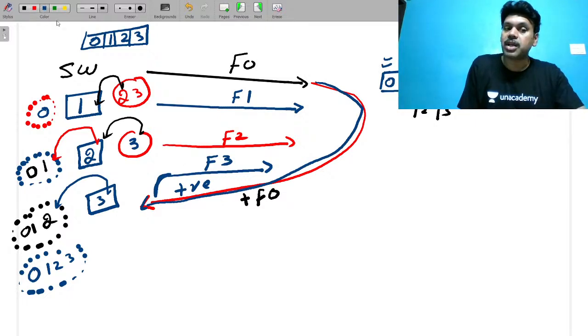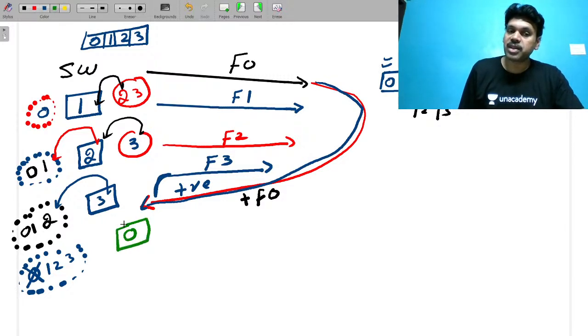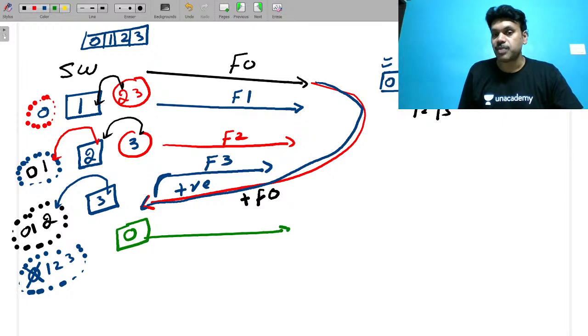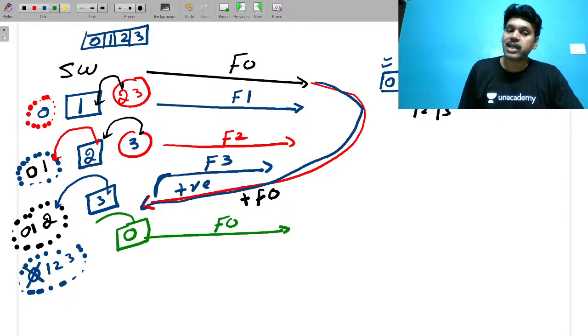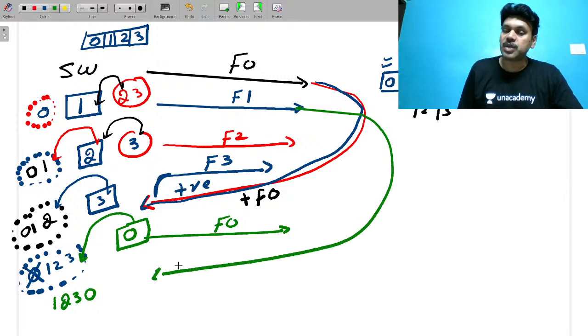Once he has given acknowledgement 0, this 0 will be removed from your buffer and a new frame is added if you would like to continue further with 0. Now frame 0 is going to be transmitted and will be added there. Now on the sender side, the sequence numbers are 1, 2, 3 and 0. Then after some time, you will get the acknowledgement for frame number 1. So he will remove frame 1 from your window because it is already acknowledged. He will push one more frame, which will come to the buffer. Now your numbers are 2, 3, 0, 1.